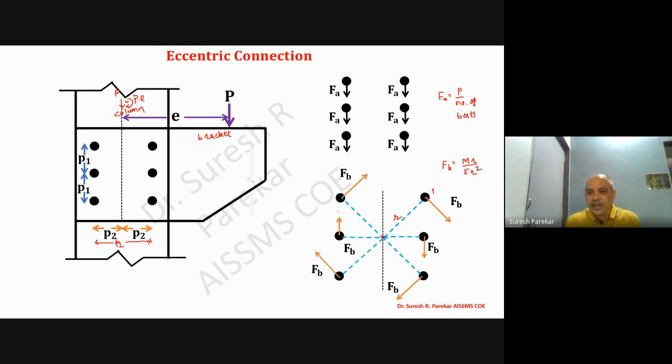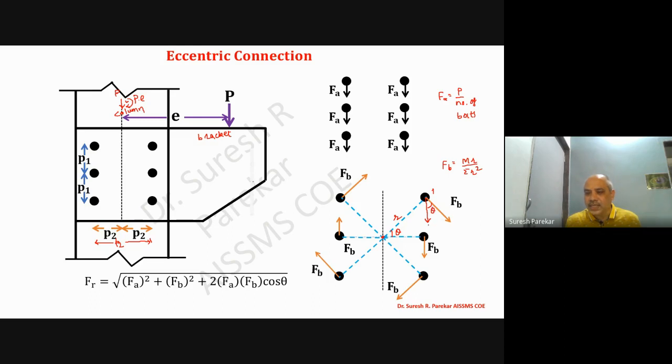And now here you can see what will be my resultant force on this. So this will be Fa square plus Fb square plus 2 Fa Fb cos of theta. Now what will be cos of theta? So you can see this. So we have two components we will have. So we are going to consider, let us, this angle is theta. You have to decide, you will consider angle with vertical or you are going to consider angle with horizontal. So let us, we have angle with vertical, horizontal is theta. Then we have this as 90 minus theta, and then we are going to get this as theta.